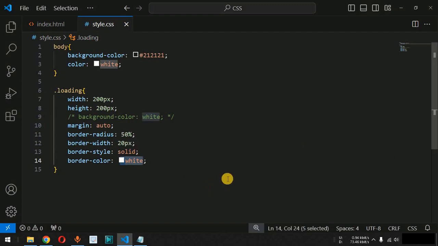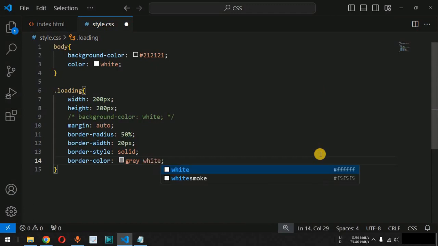Let me just save this file now and try reloading this page. So as you can see, there is no change right now. We want the top border to be of a different color. So simply we will define the first color, which will correspond to the top border over here, as gray color. So let's say we provide the gray color as the value for the top border, and then for the left and right border we want the white color, and then for the bottom side we also want the white